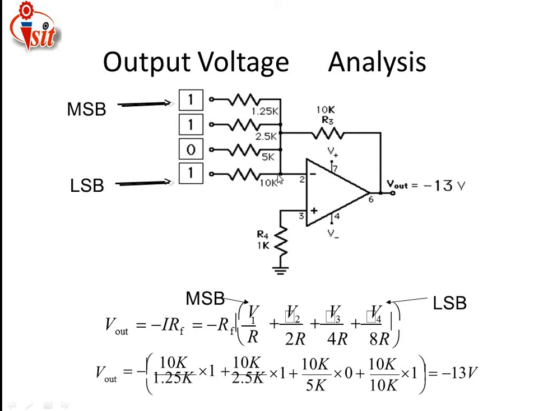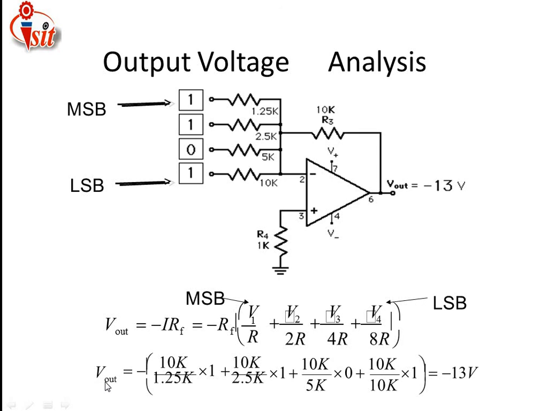Then the current for this node is the summation of all the incoming node currents from R, 2R, 4R and 8R. Whatever current comes over here, I am taking the summation of all these points, from MSB to LSB. That is, first I is V1 divided by R for the R resistor, for the 2R resistor it is V2 divided by 2R, for the 4R resistor it is V3 divided by 4R, and for the 8R resistor it is V4 divided by 8R. This goes from MSB to LSB.